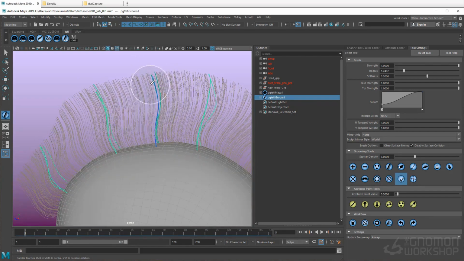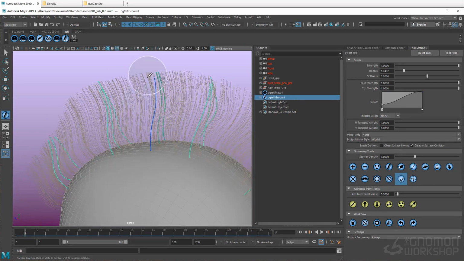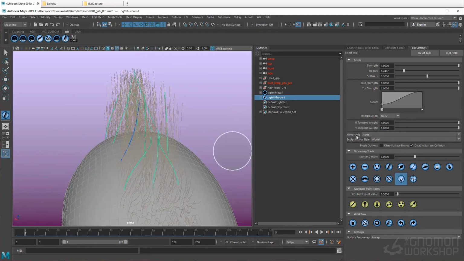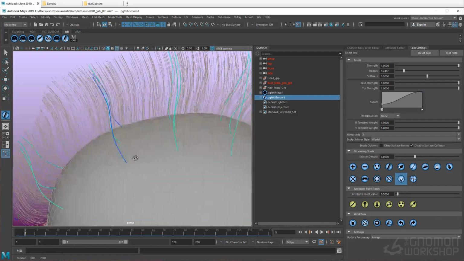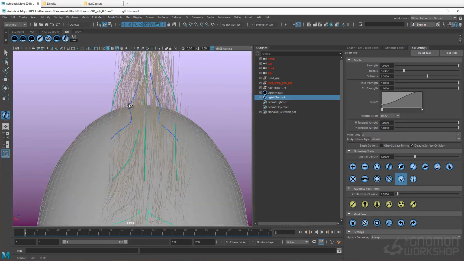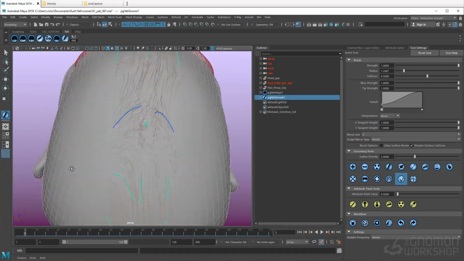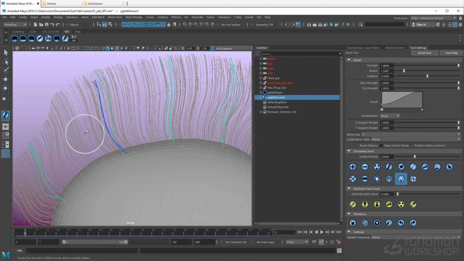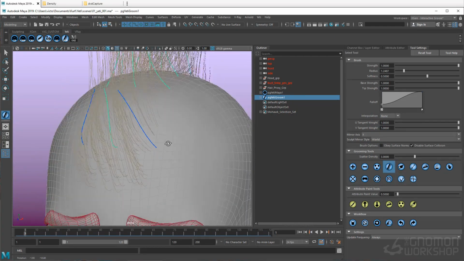So we can continue to sculpt the strands, but if we want to mirror the tool's behavior over to the other side of the x-axis, the tool does have a mirror option that we can use. Just set the mirror axis to X. Now when we're using the sculpt tool, given that it is viewport dependent, you might not get an exact mirroring of the tool's behavior. This is not the case with the comb tool or the scale tool, which are surface dependent. So let's go ahead and select the comb tool